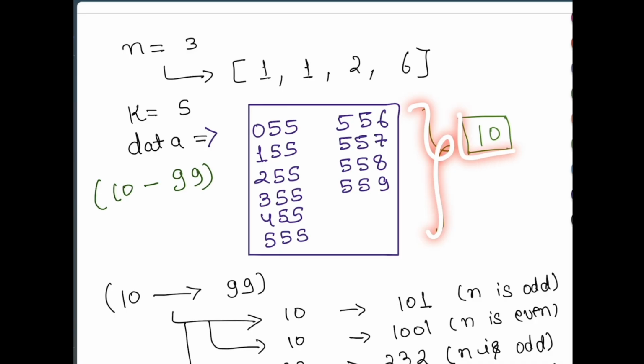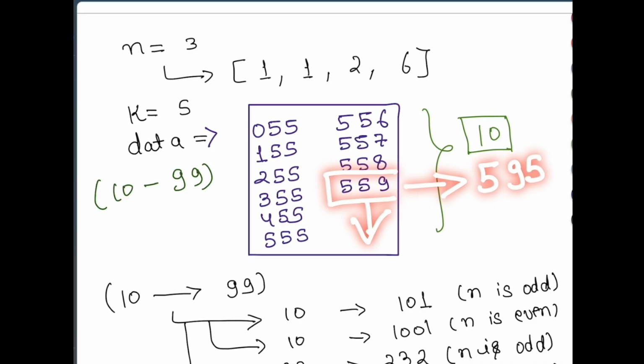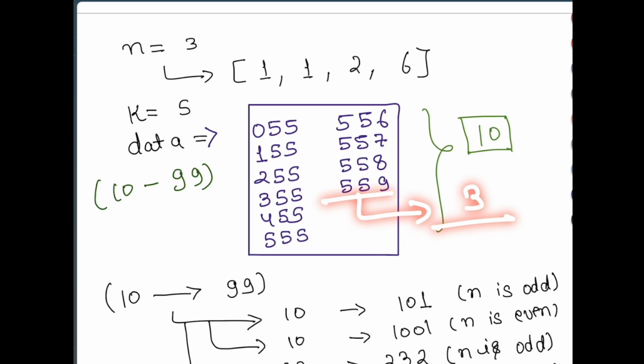We have a set and we have 10 different numbers. For each of these numbers, we are going to check how many arrangements I can do for this number so that I can form different unique numbers. That is because if I have the number 559, I can rearrange it to form 595. Or I can have some other arrangement of it, something like 955, and I can again rearrange it to be 595. So this is valid, this is valid, this is valid. So we have 3 different arrangements with these digits 5, 5, 9, such that we can form a k-palindromic number. Now, if I store it directly as 595, I will have a problem,